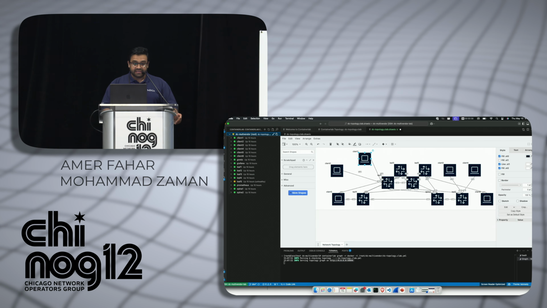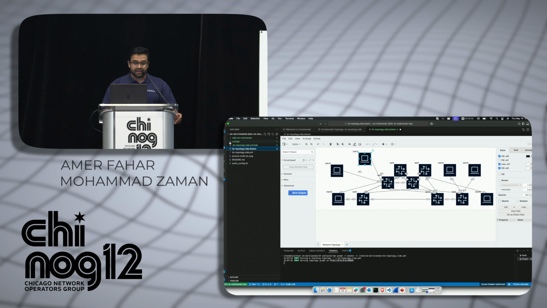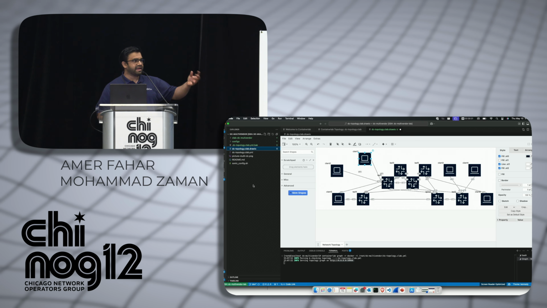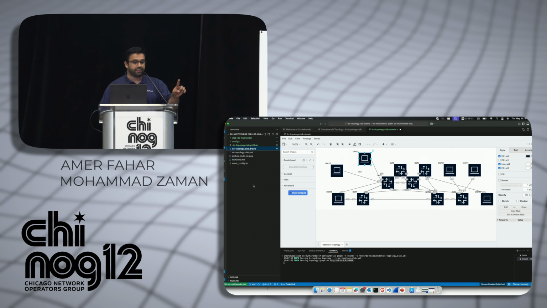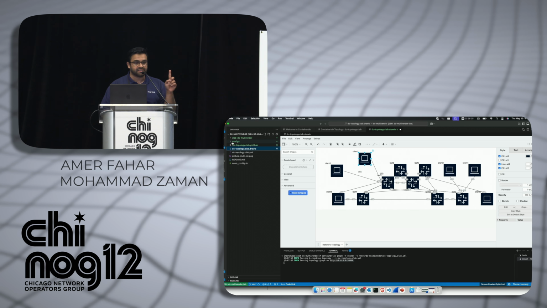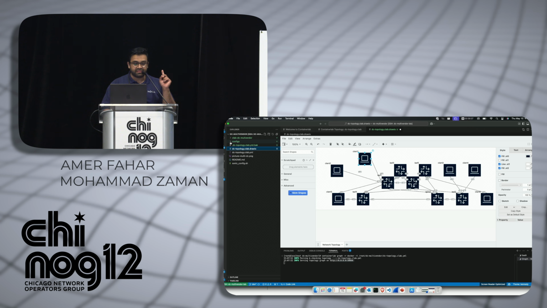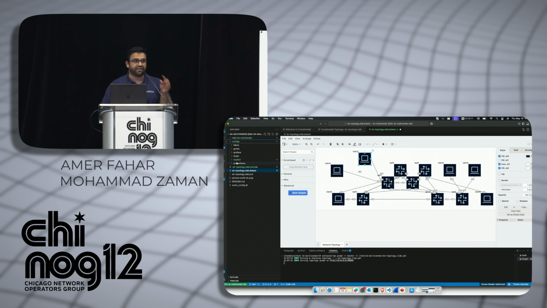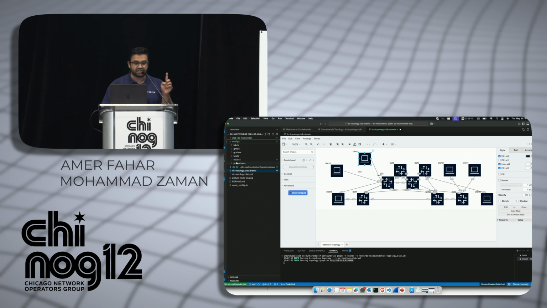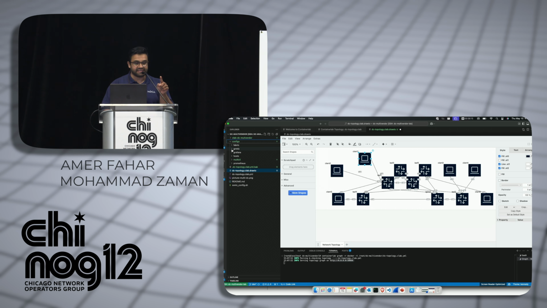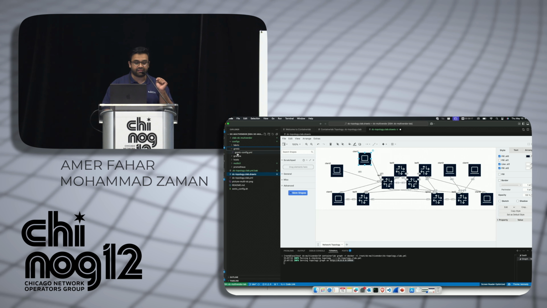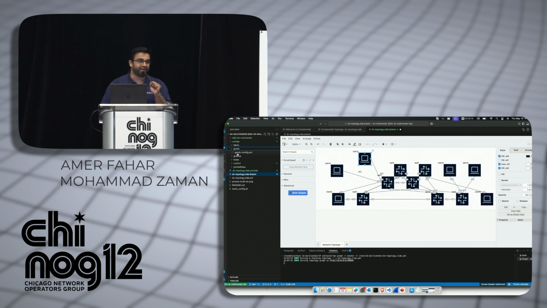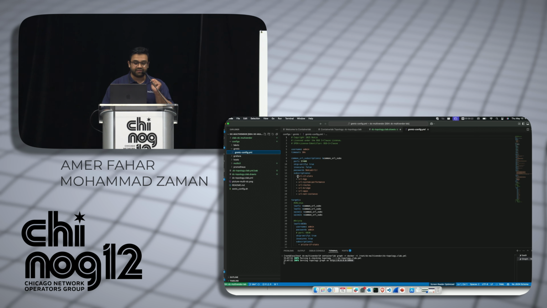Sure. Since everybody has access to the GitHub, there is a folder called configs. If you expand that, we have nicely organized folders and configurations for each one of the nodes. There is something called gnmic. If you expand that, there is a file called gnmic-config.yaml. As soon as you open this one,